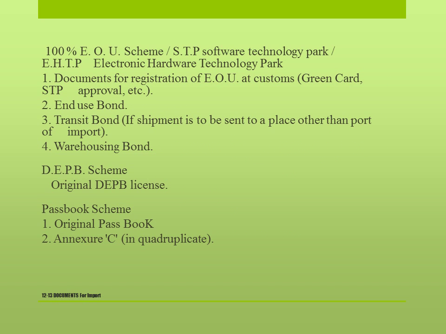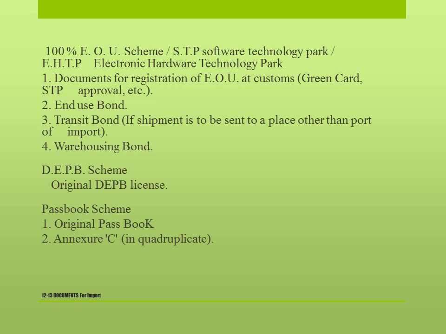100% EOU scheme or STP Software Technology Park, EHTP Electronic Hardware Technology Park. The documents are documents for registration of EOU at customs, green card, STP approval, etc., and use bond, transit bond if shipment is to be sent to a place other than port of import, warehousing bond,